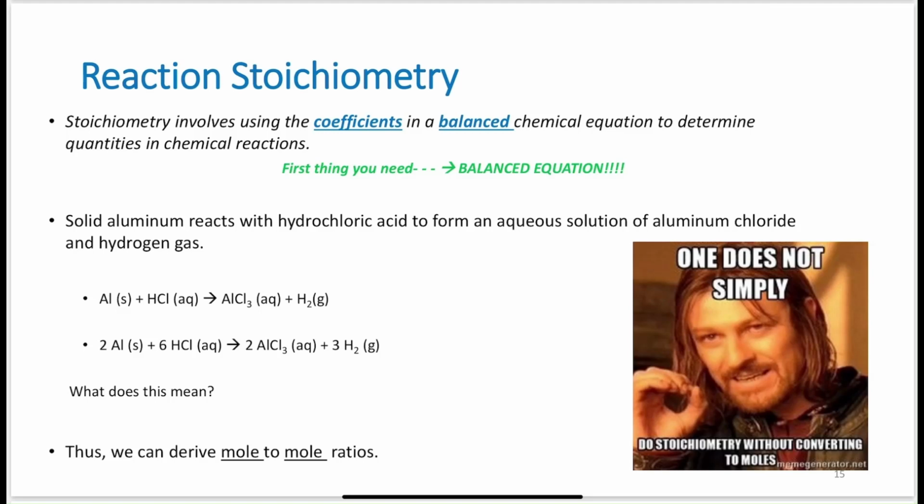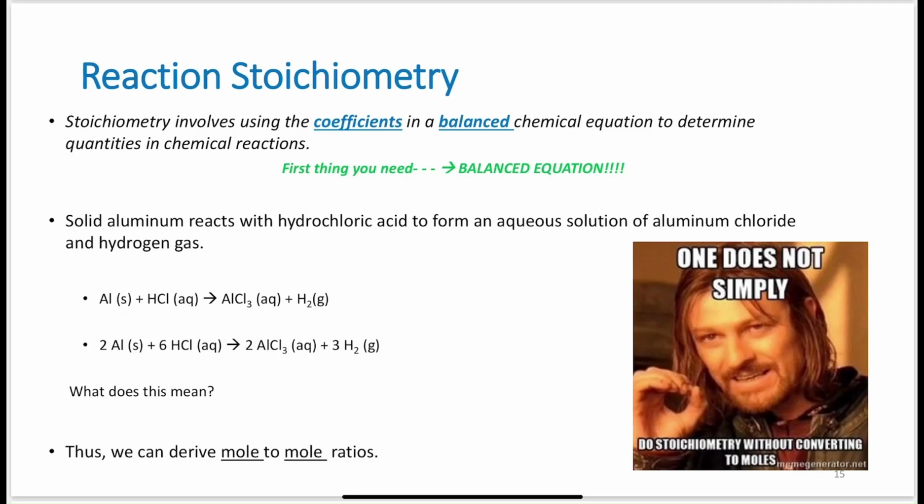Now, we do need a balanced equation here because it's the coefficients that are going to tell us how many of one thing react with how many of another thing to produce how many things of what we want. Basically, that balanced chemical equation is what's going to allow us to compare apples to apples instead of apples to oranges. So for an example here, we have solid aluminum reacting with hydrochloric acid, forming an aqueous solution of aluminum